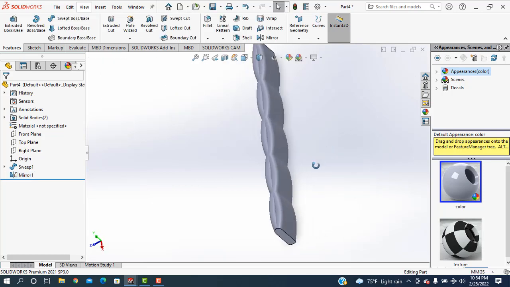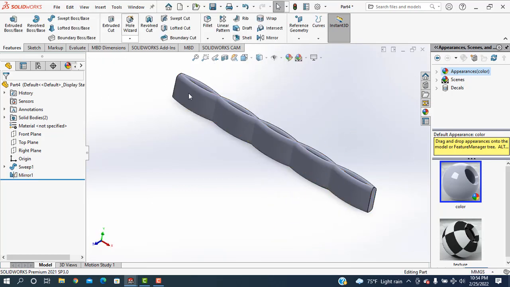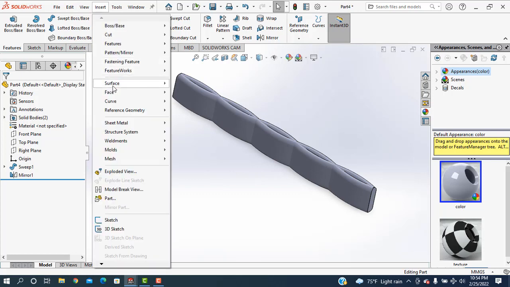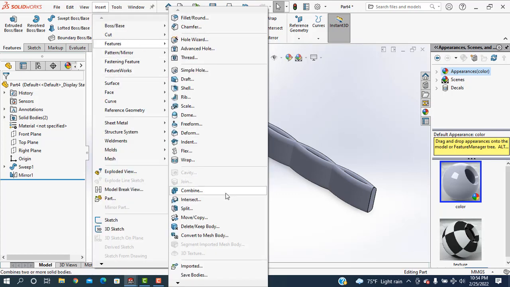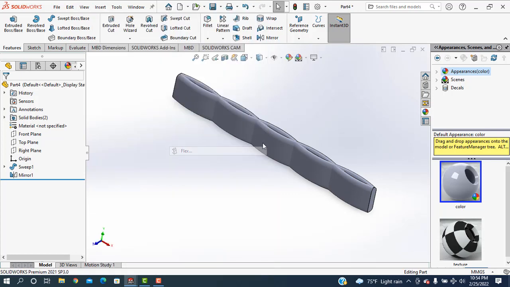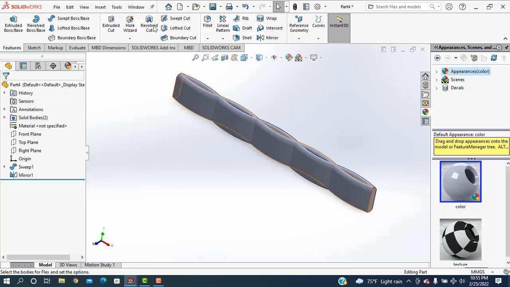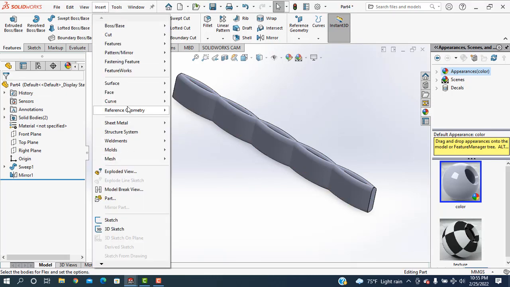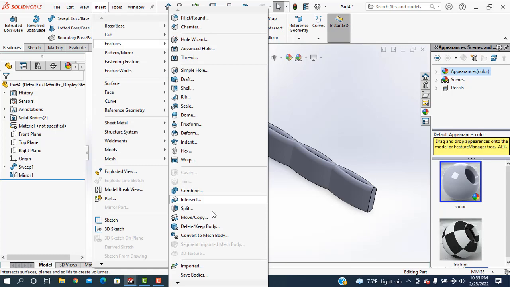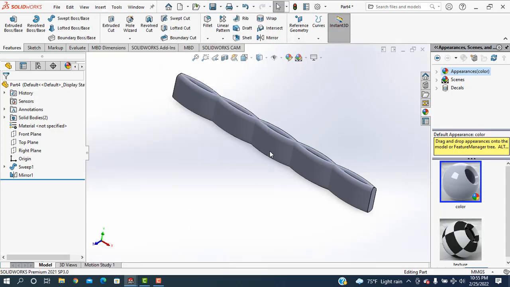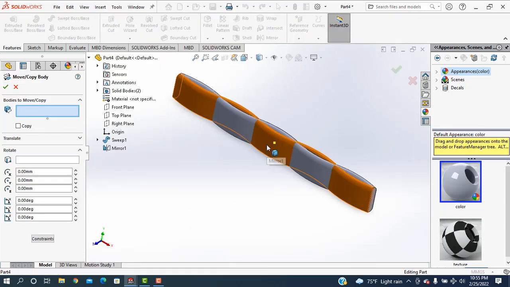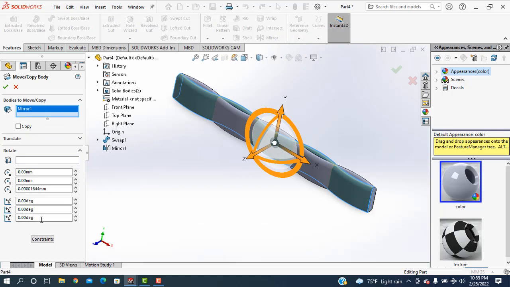Now see. After that, I'm going to the insert features and I'm taking the flex command. Before going here, I want to do another job. Now I'm going here, features, and move and copy is selected. Then selecting this portion first and taking this one as 45 degree. Okay,